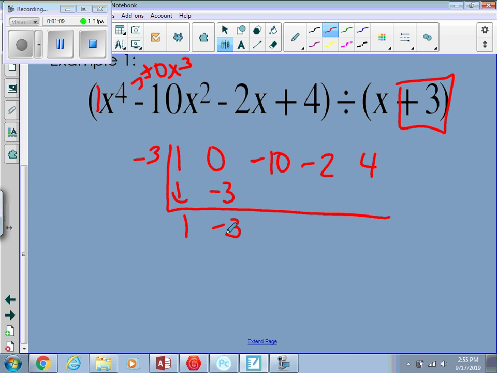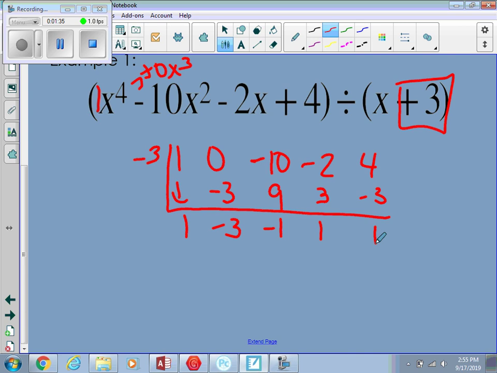Negative 3 times negative 3 gives us 9, and then again we add, so negative 10 plus 9 gives us negative 1. Negative 3 times negative 1 gives us 3, which gives us a positive 1 when we add 3 to negative 2, and then negative 3 times 1 gives us a negative 3, and we get a remainder of 1. So if it was a 0 of this function, we would have gotten a 0 there and not a